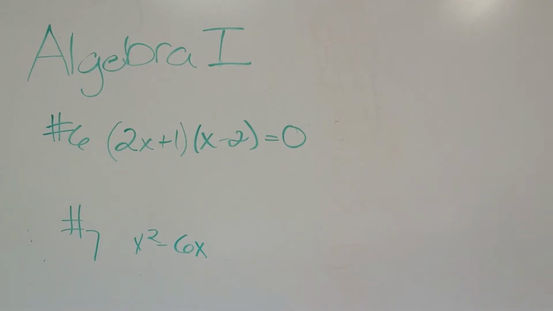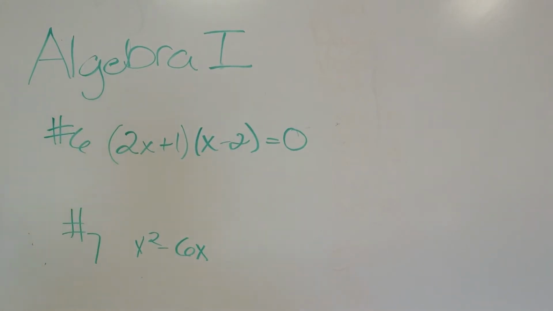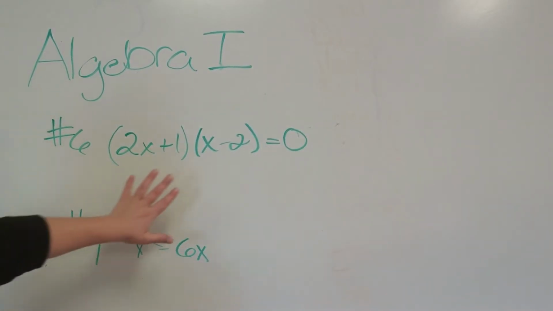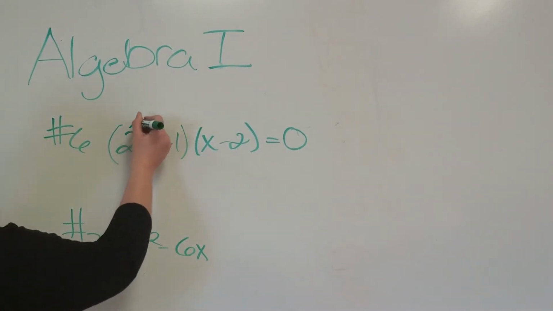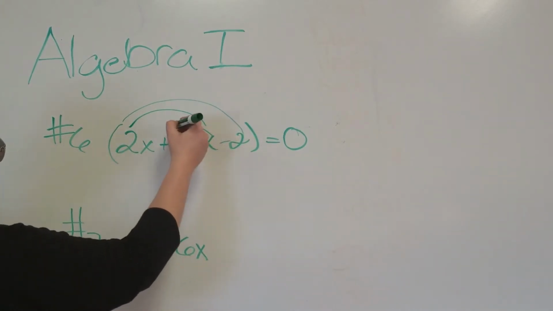All right, problem number 6. They ask you to write this equation of (2x plus 1) times (x minus 2) equals 0 in standard form. So remember, in standard form, or general form, general form is ax squared plus bx plus c equals 0. So they want everything on one side equals 0, but you have to do your FOIL method to solve for this. So remember, FOIL method is multiplying first terms and then outer terms, inner terms, and then the last terms,